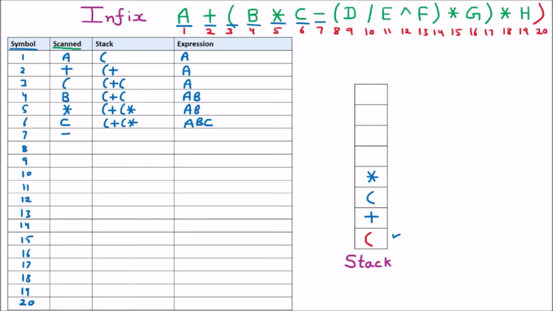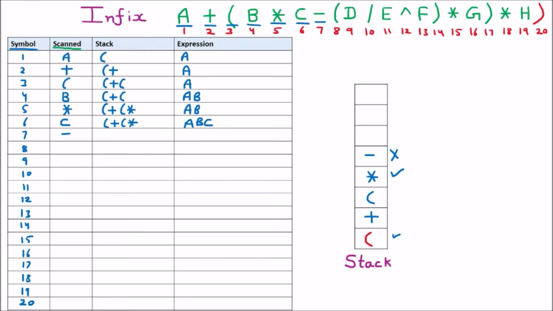Now an operator is encountered. Whenever an operator is encountered, there are two cases. Case number 1, we have to check whether the stack has an existing operator or not. But here you see there is an existing operator. So here case number 2 is working. That means we cannot directly place minus here. We might think that we should put the minus here. No, that is not possible. That is a wrong thing. We cannot put it directly here. We should first check the existing symbol.